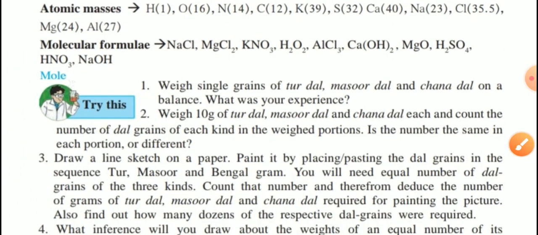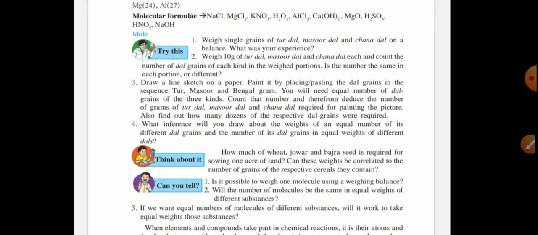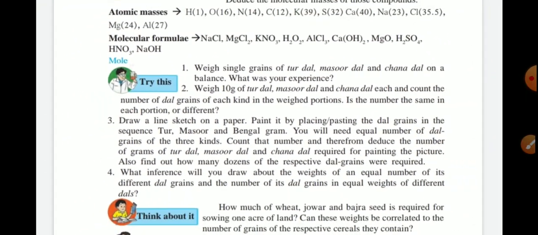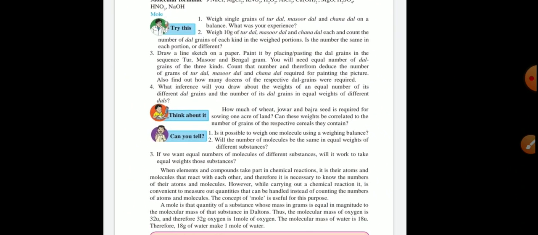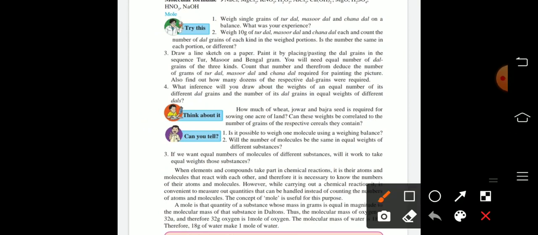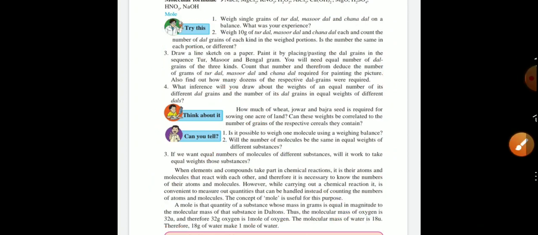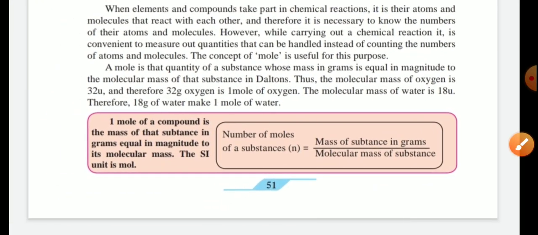Clear? Next. Now, the next part is omitted. In our next point actually mole is given. But in this point, see there, what is the omitted part? So, start from here. All this part is omitted. Clear? Only the last paragraph we learn in the point mole. Check. That is an orange color box.